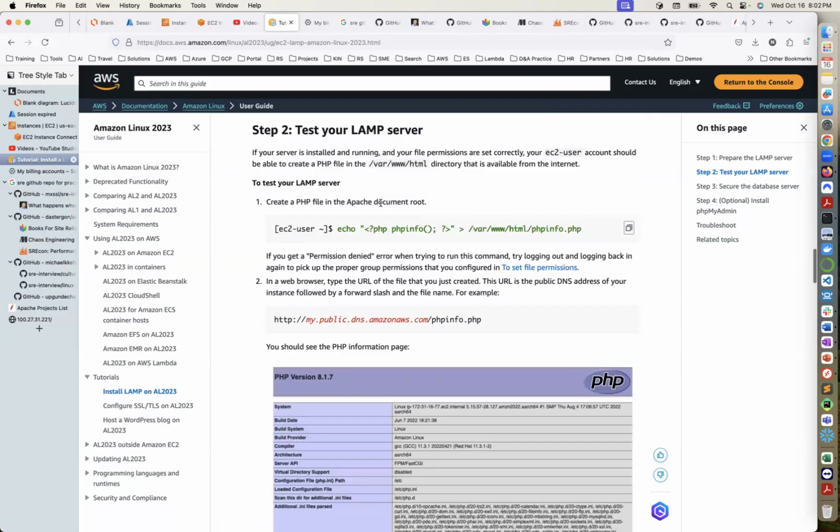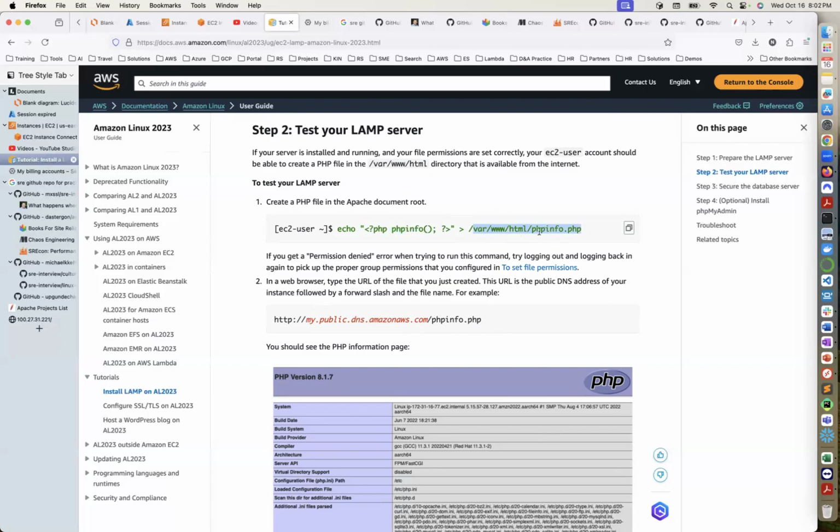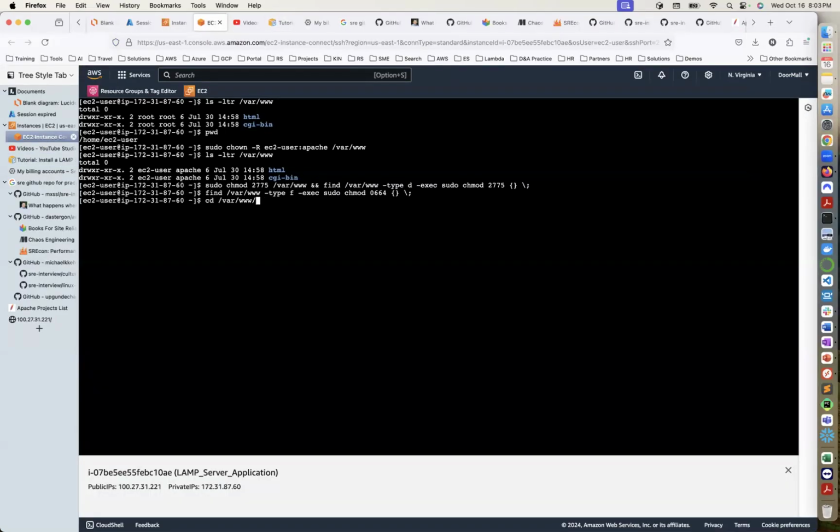Create a PHP file in the Apache root. So instead of creating the file manually, we're going to just run this command. Echo means show. This is the code. And then this button means insert this code into this file. Usually, manually you will seed it into var www HTML like that, and go in there and create a file called php.info. But that's too much work. You can just copy all this command and just paste it